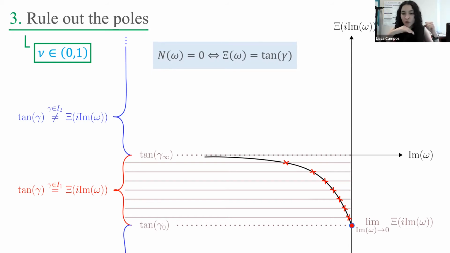But if we want to impose the same boundary condition on all modes, then we cannot consider this lower part, because if we take the limit for all modes of this lower bound, then that lower bound goes to minus infinity. But in any case, we still have this upper part, and there are no omega such that xi of omega is positive, right? So we still have those values, and we can consider gamma from 0 to pi over 2, which gives us many Robin boundary conditions for which there are no poles.